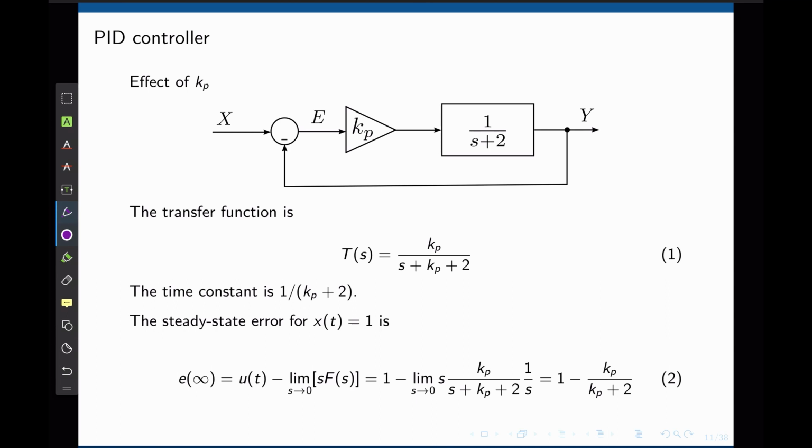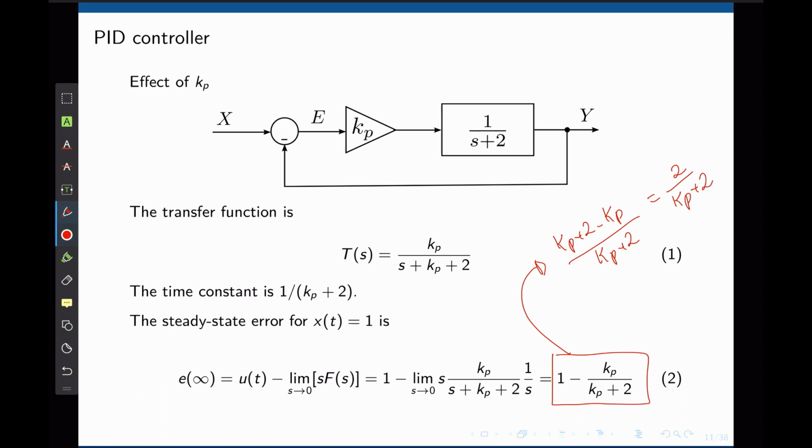The steady state error for a step input X(s) equals 1 over s, or x(t) equals 1, can be found by calculating the difference between the desired input and the final value of the transfer function for the same step input. After some simple mathematical manipulation that we covered in lecture 7, we can see here that the steady state error can never be made 0 by tuning kp. In fact, this is equal to (kp plus 2 minus kp) over (kp plus 2), which is simply 2 over